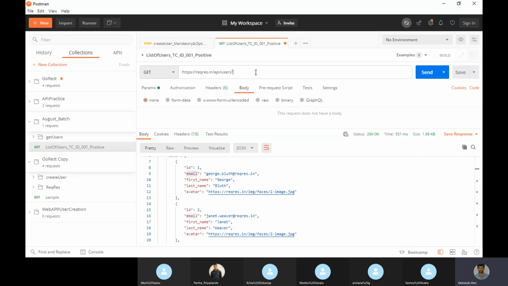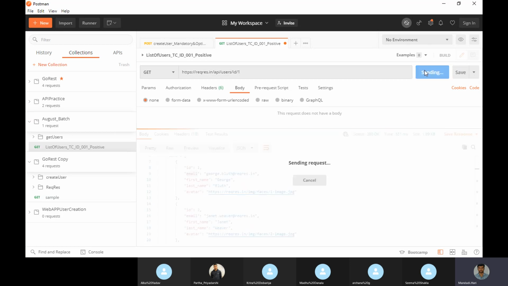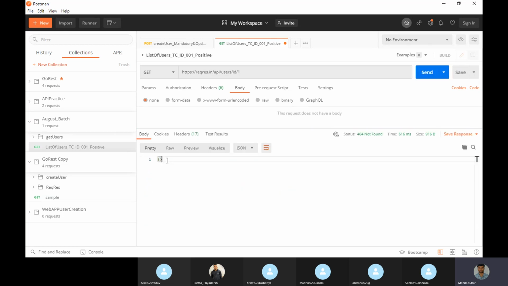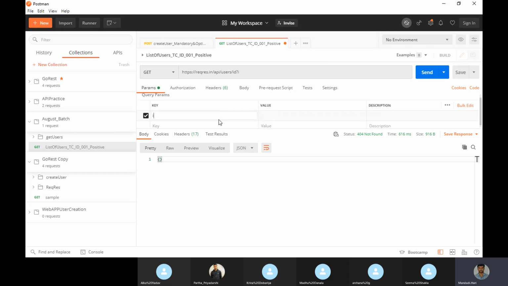Oh, sorry, we need to pass ID 1. No question mark here. So no data is coming. Let's try the ID value. They are saying here we need to give, but I don't think so. If we pass here, it will come with the question mark actually. Let's see whether it is correct or not.